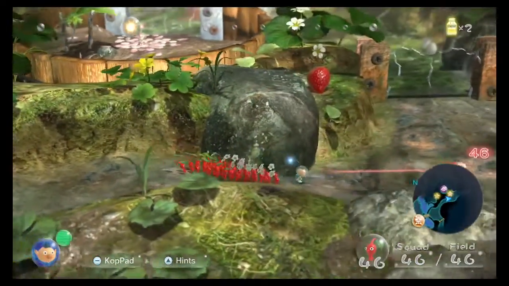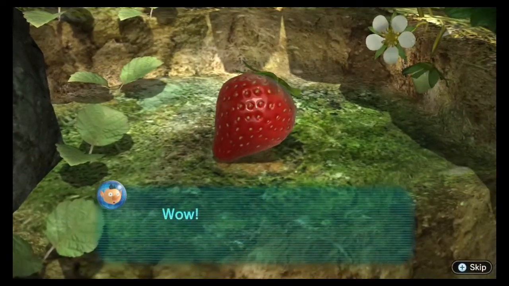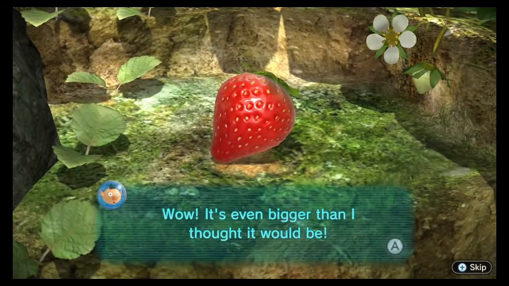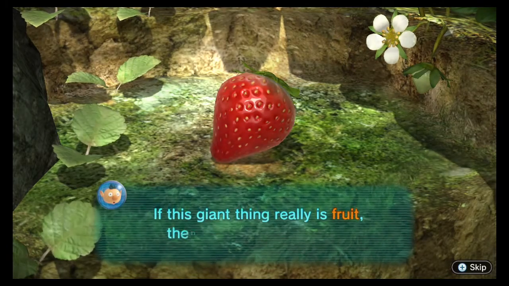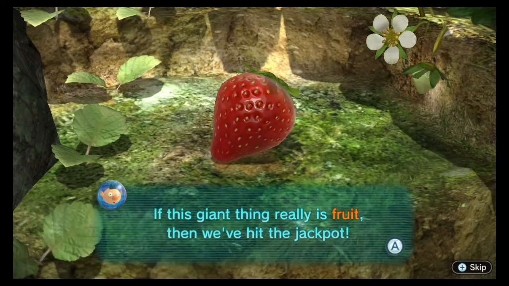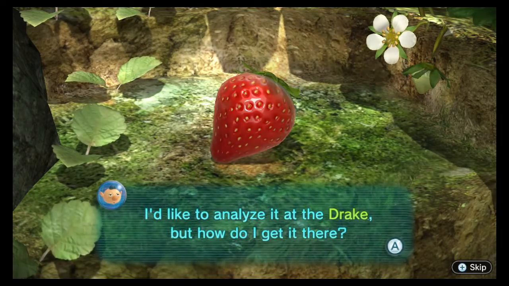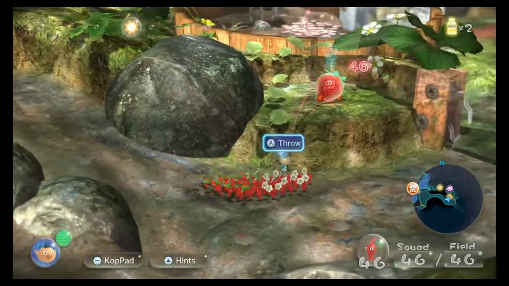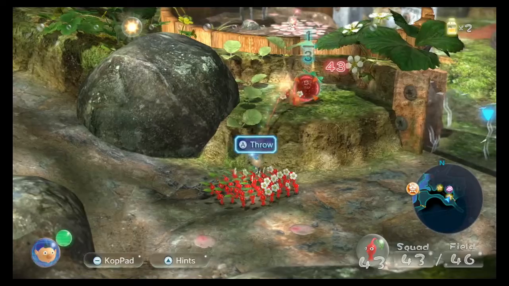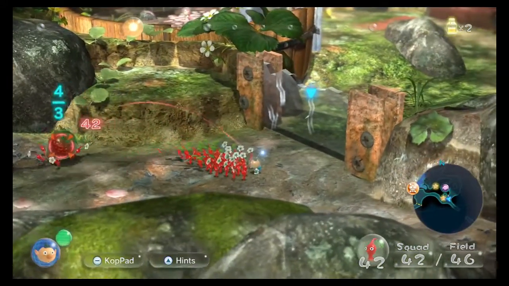Yes, indeedy. Alright. Ooh, it is a piece of fruit. Strawberry. The world's largest strawberry. Wow, it's even bigger than I thought it would be. This giant thing really is fruit, so we've hit the jackpot. I'd like to analyze it at the Drake, but how do I get it there? How do you think, man? Come on. So that only takes 3, so we'll get our, I'll give a 4th one to...